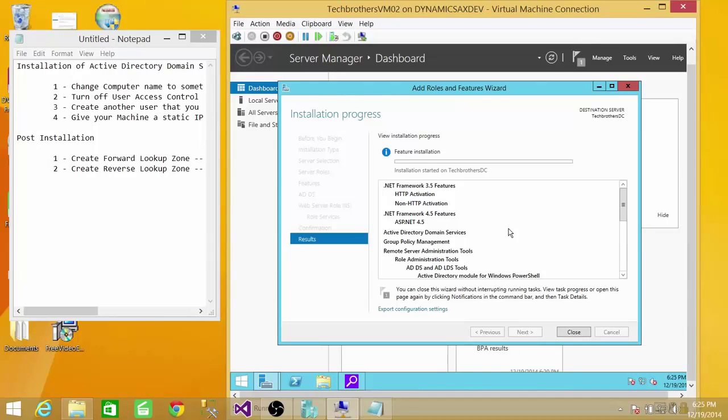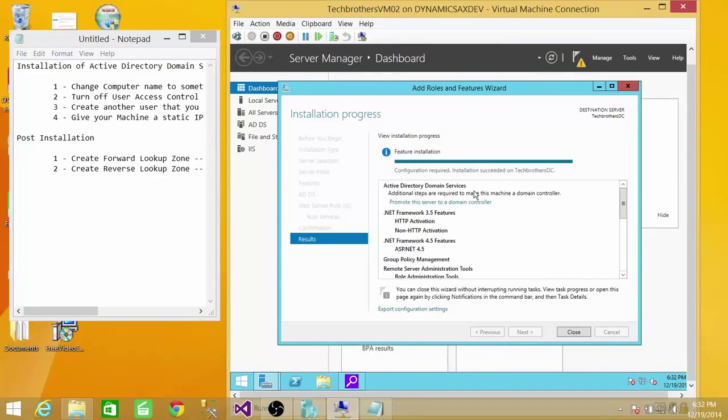It's going to take some time, so what I'm going to do is pause the video. Once the installation is completed, if I see any issue, I'll share with you, and also the resolution. But I'm going to go ahead and pause the video, and I'll come back once the installation is successful. Alright, as you can see, the configuration required for this installation is completed, and we're going to go ahead and